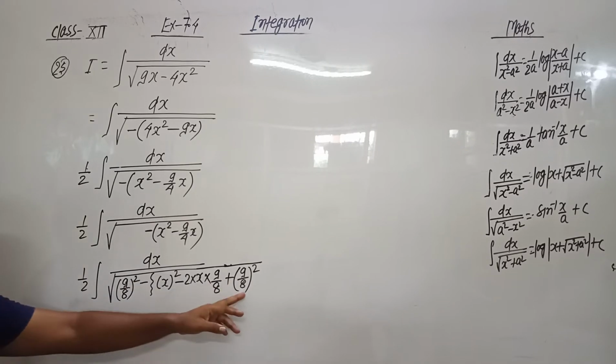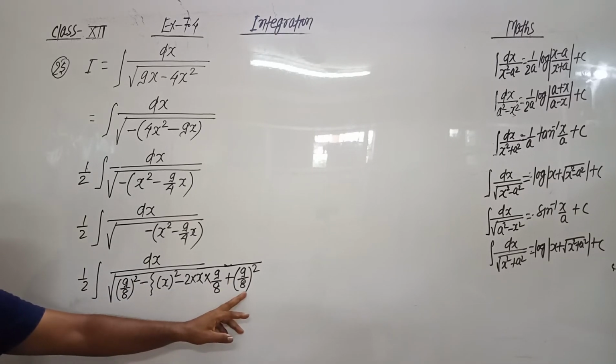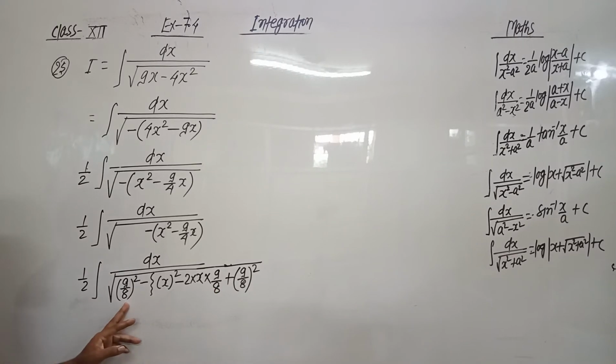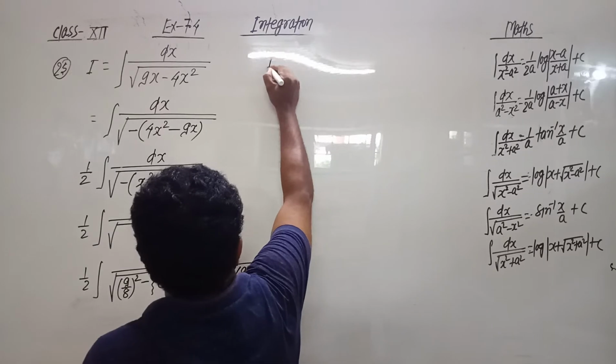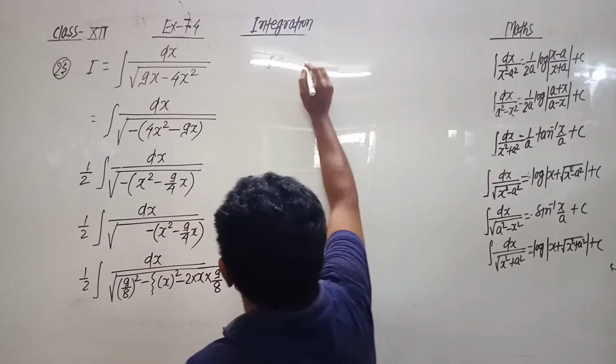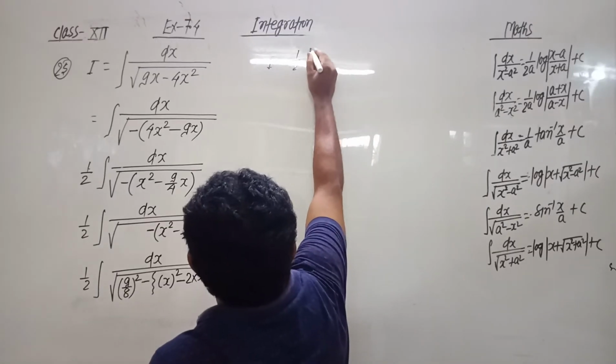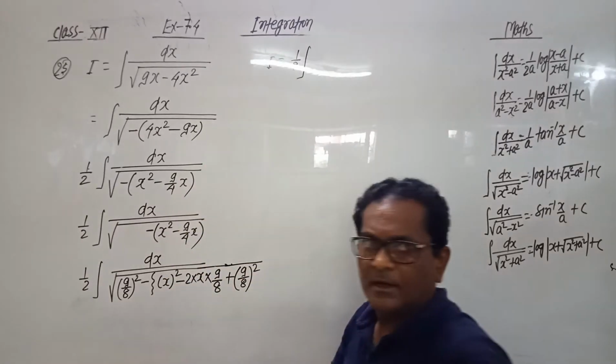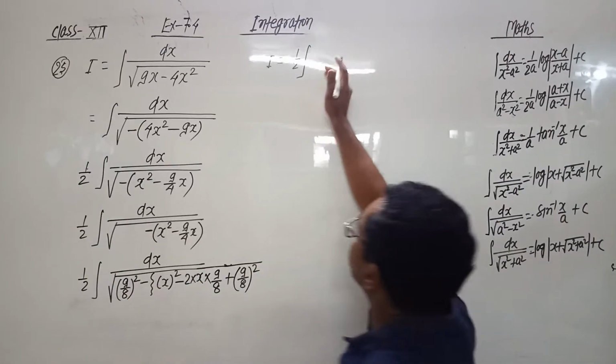To remove this term 9 by 8 the whole square, we will have to plus 9 by 8 the whole square. So this becomes I equals to 1 by 2 integration dx upon